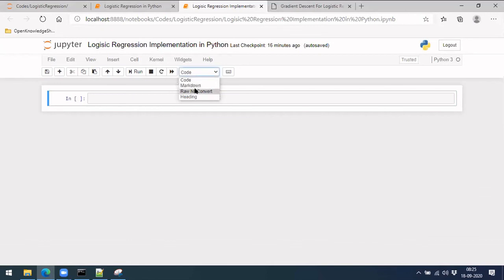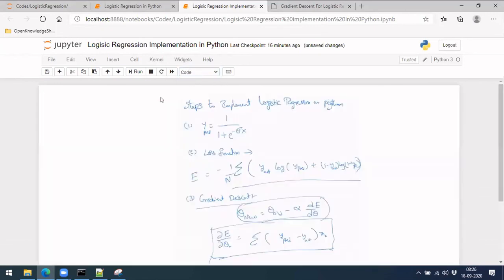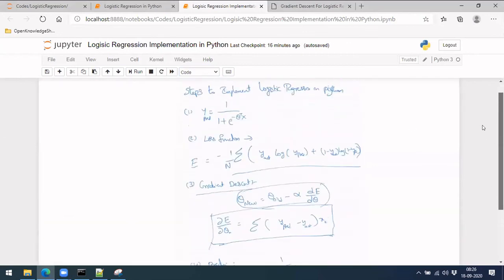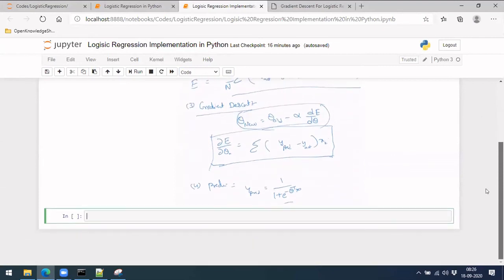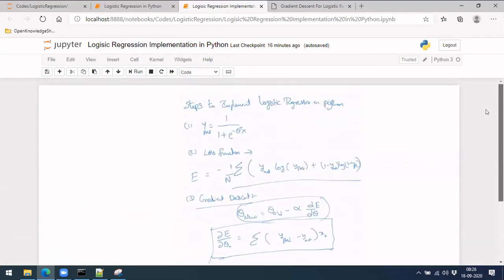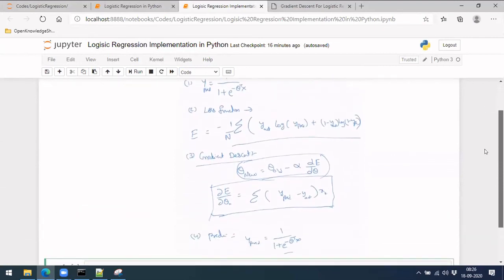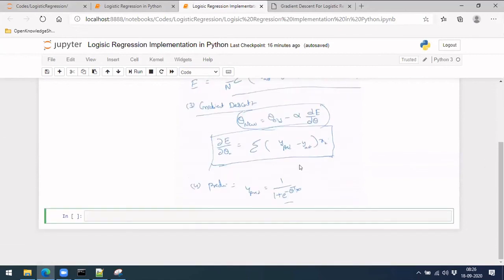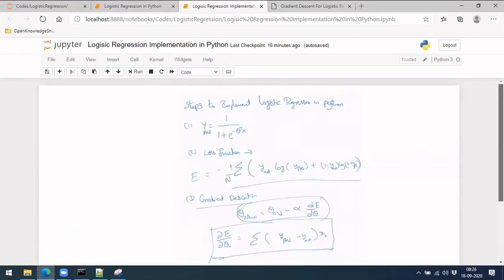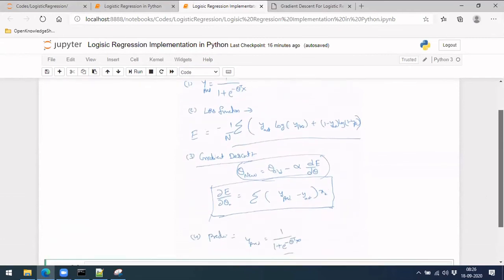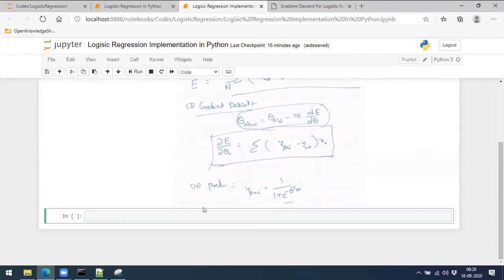You can make a cell markdown and then insert the image, and then you'll be getting that image over here. See, this is what we have written till now, right? So I have pasted it over here. Now we refer to these formulas and implement it.